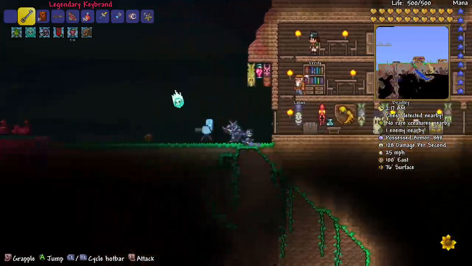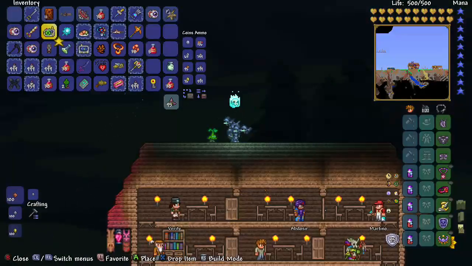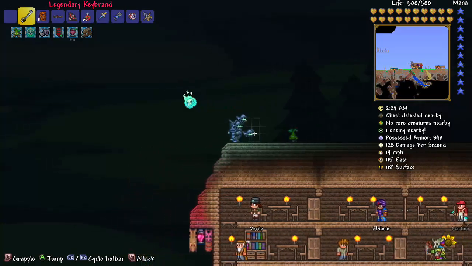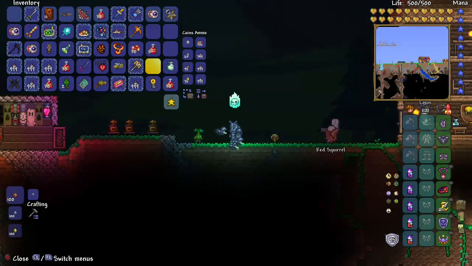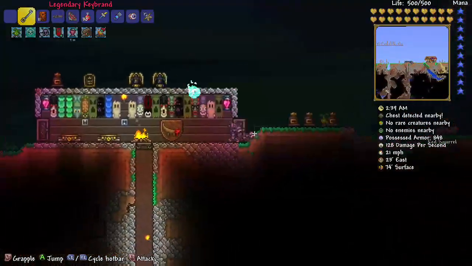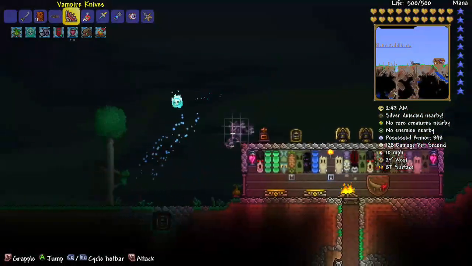Yeah, the true Excalibur does 94 damage. Imagine a legendary Terra Blade with that. Because the legendary Terra Blade would be better than the legendary Keybrand, even though the Keybrand is a pretty decent weapon on its own. It's just that the Terra Blade's much better. I'm going to have to do something about my inventory very soon. I guess I'll finish the